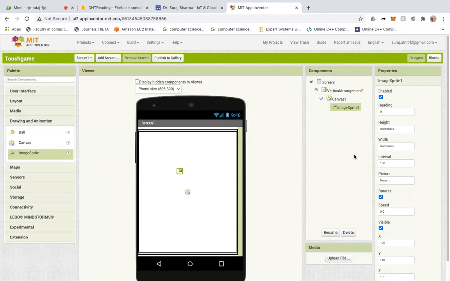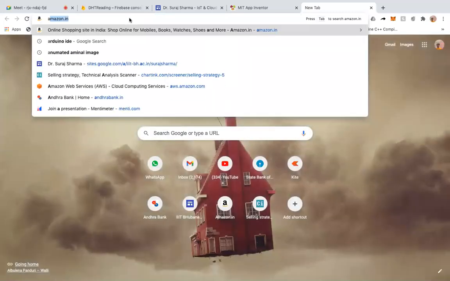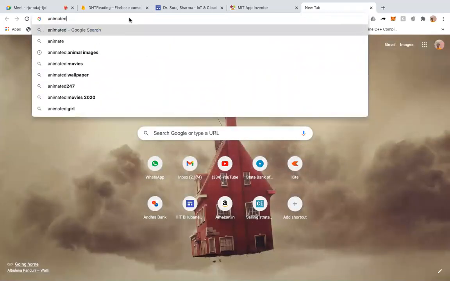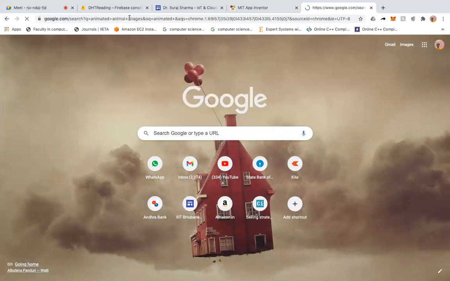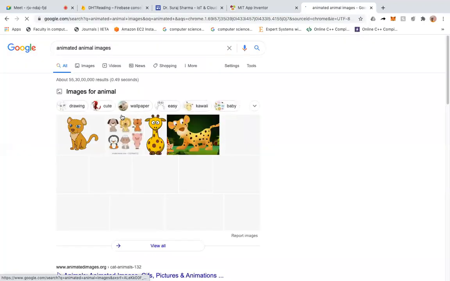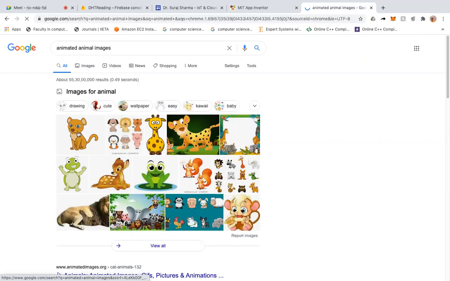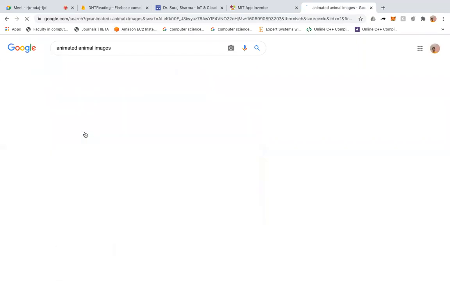So image is nothing but whatever image you want to take. Let's say I'll take some animated animal image, and I'll just download that image. Let's say I'll take this image.